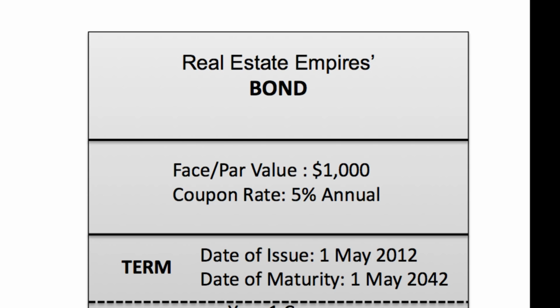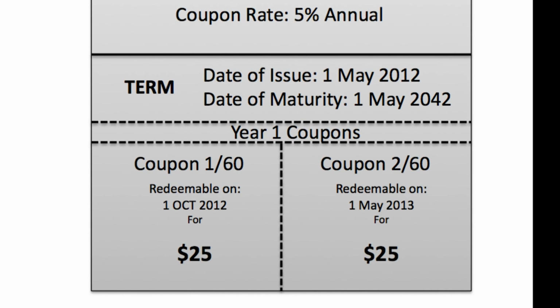So in between those 30 years, Jesse's collecting his interest on his $1,000 investment. And so when you look down at the bottom here, I have 2 coupons. And back in the olden days, whenever you'd buy a bond, you'd actually get a whole booklet of these coupons. Okay, and as you can see, there's a dotted line. So what Jesse would do for his first coupon, if he would have bought this back in the olden days, not right now, because everything's electronic now, but if he would have had his booklet,